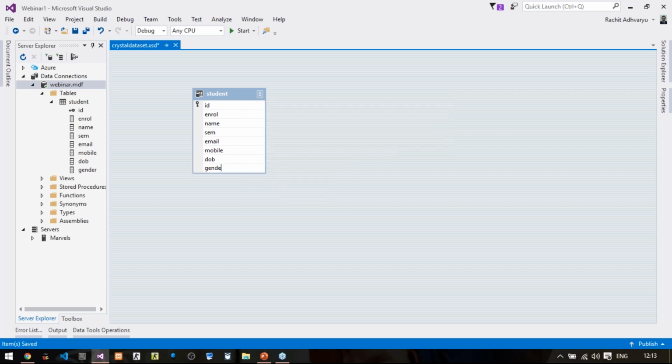So as I want to display the complete details of this table, I have created the same data set. Now no need of this data set, close this.